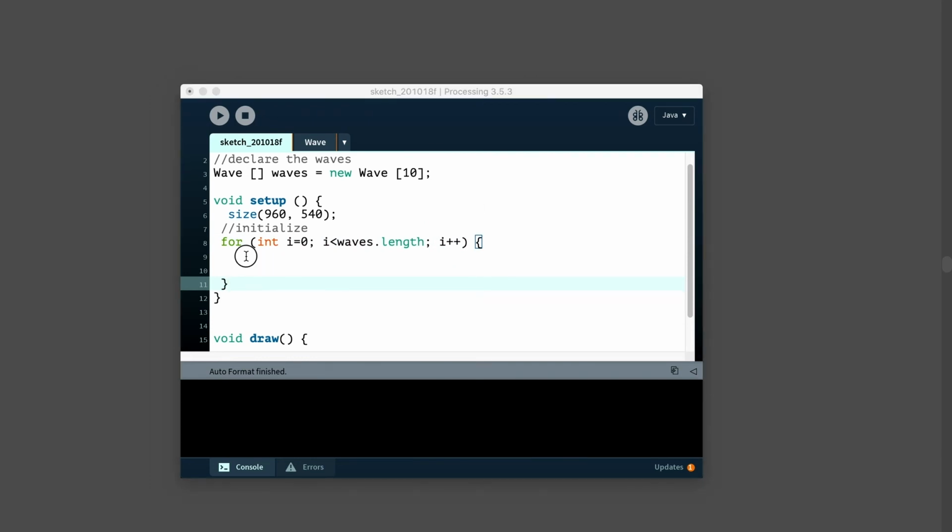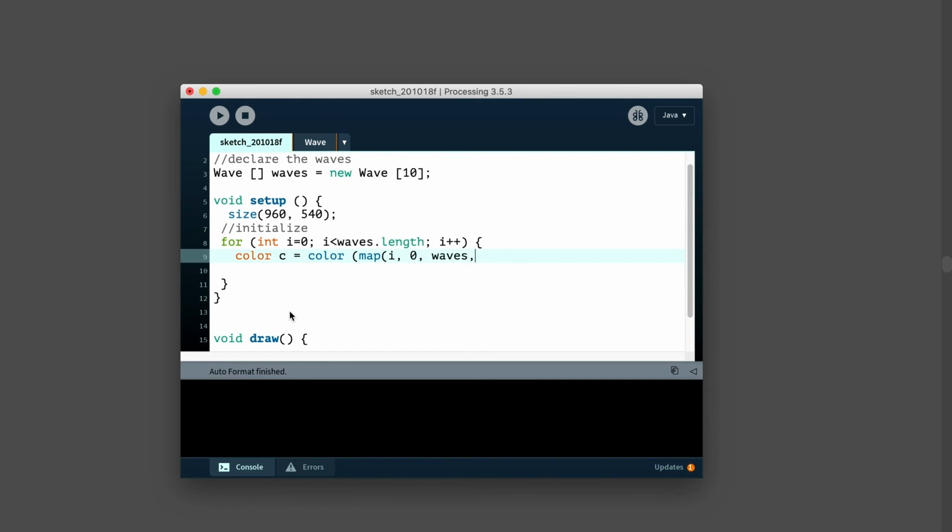I'm going to set a color here. Now, I'm going to use the map function again because I wanted a gradient in my waves.